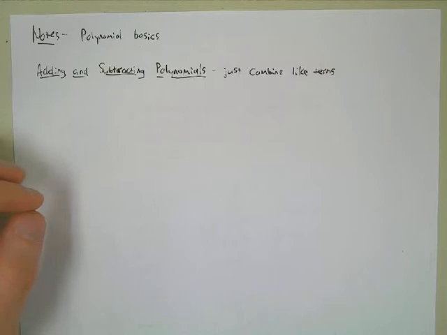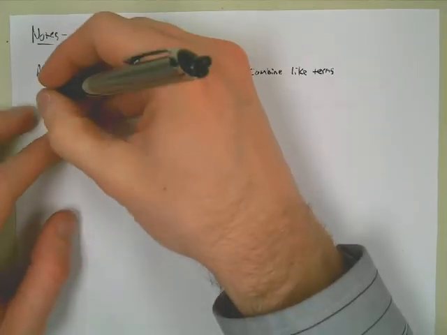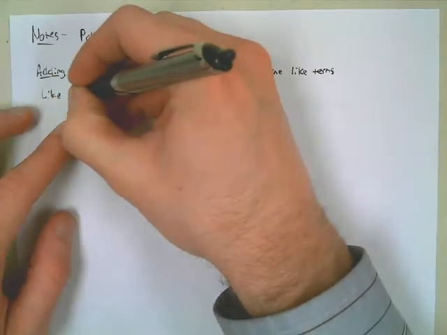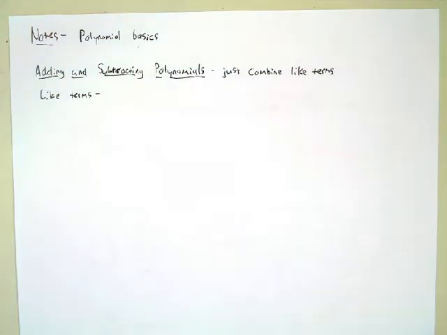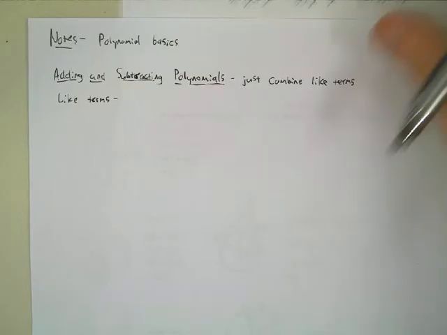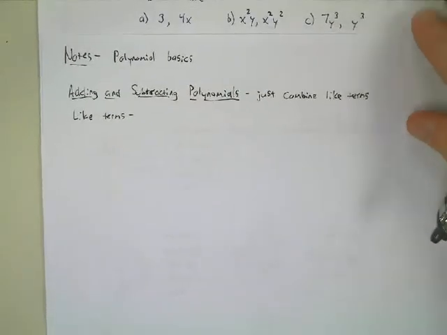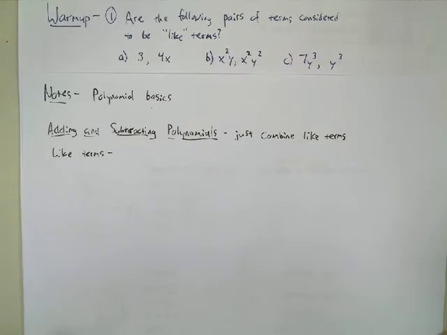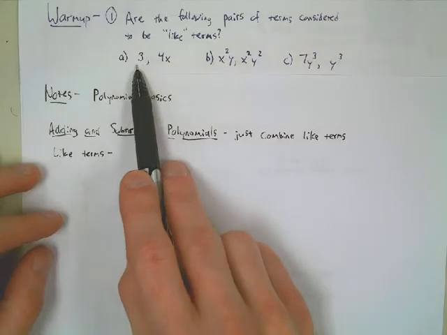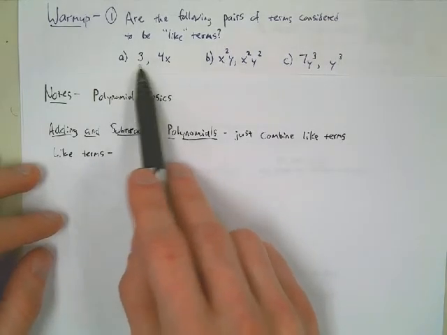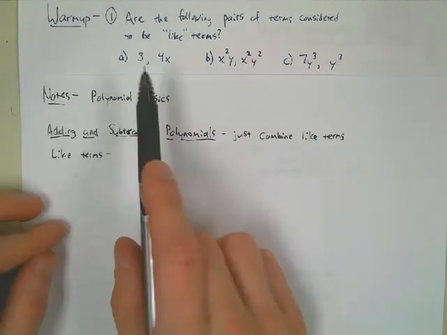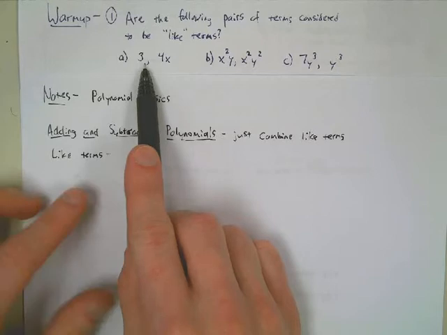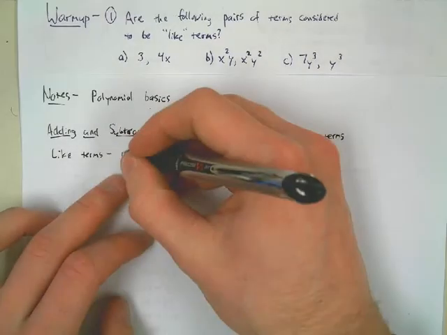Anyway, all right. Adding, subtracting polynomials, just combine like terms. So let's talk about like terms first of all. Let's refresh our memory. Looking back at the warm-up, that first 3, what made these 2 numbers here, the 3 and the 4x, not like? What's not the same about them? Yeah, they both have numbers, but one has an x and one does not. So for there to be like terms, it must be same